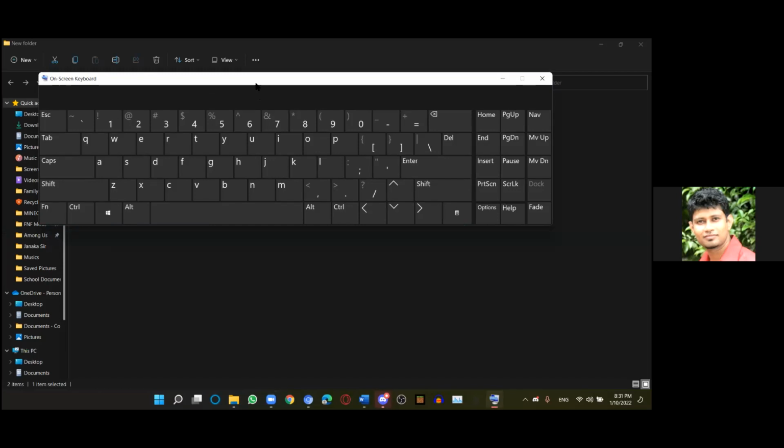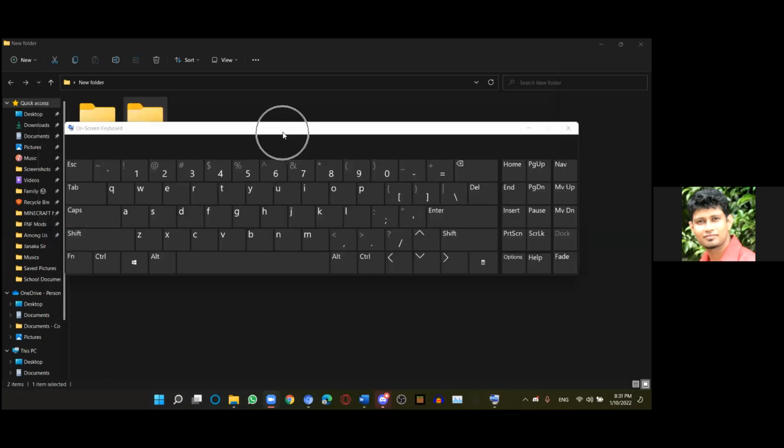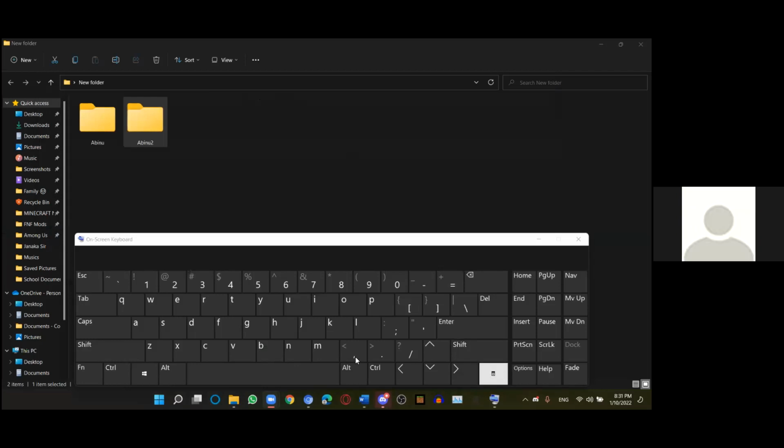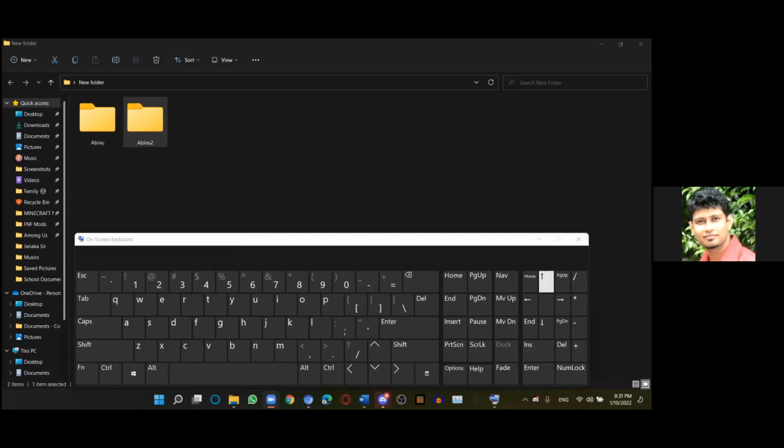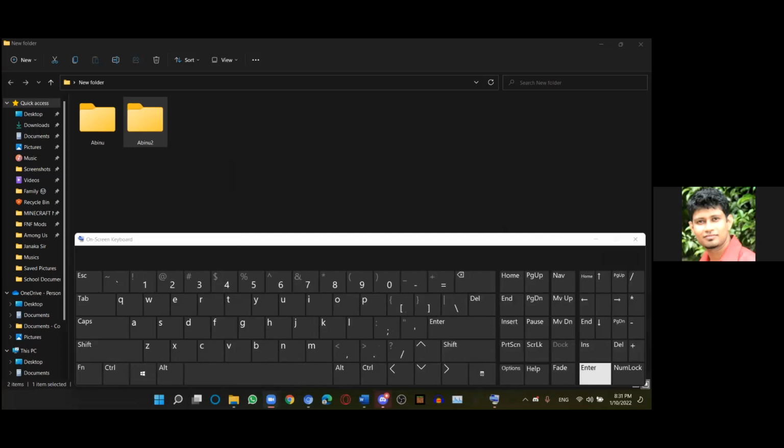Now please move this down and enable the number pad there. The number pad is not coming, so just turn on the numeric pad. Okay, now you can see the numeric pad, right? Press the numlock key in the bottom corner. Okay, numlock. Then you get the numbers.